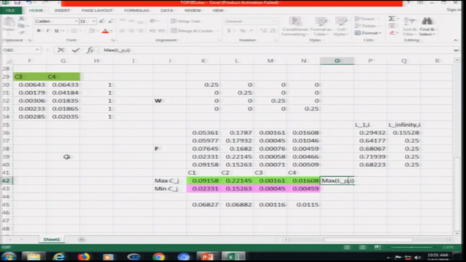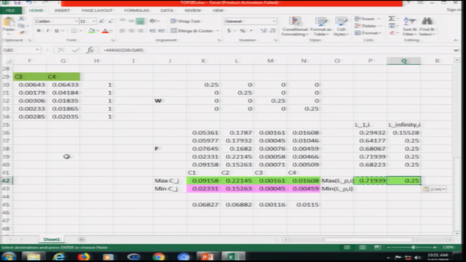I will put it as P, mean as for P, and then I find out the max. So, I will find out the max for this, meaning L1 I, and I find out the min. Similarly, find out the